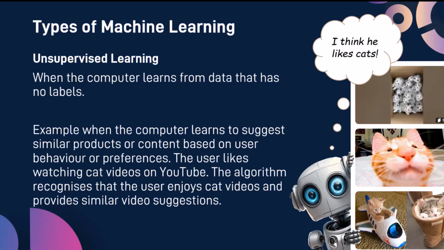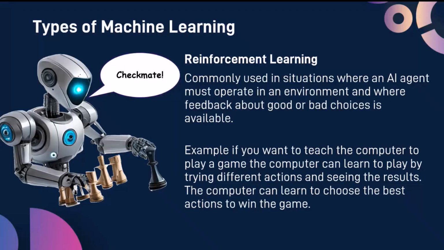For example, if we are using YouTube and we are watching videos related to cats, so we are searching for cats, and a lot of videos about cats come up today. The next day, we're searching again about cats, and the following day, we're again looking for videos about cats because we like cats so much. And obviously, the algorithm on its own will be able to catch up the fact that we like cats. So it will start suggesting videos and even probably advertising related to cats, because it recognizes on its own that we like cats. And that is called unsupervised learning, because you do not have someone supervising the AI.